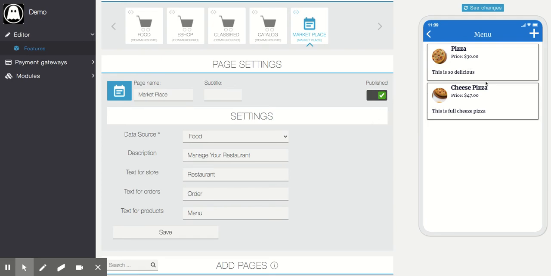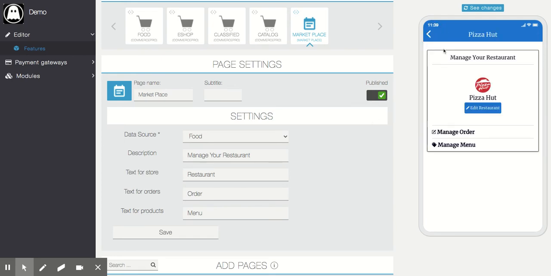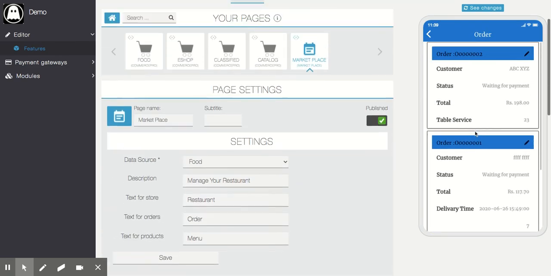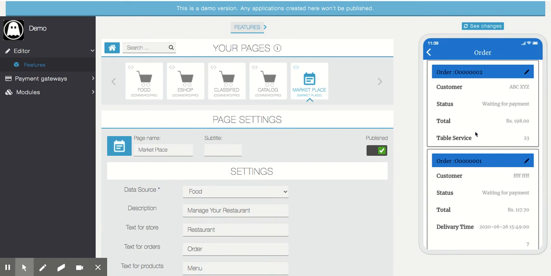As you can see, as a store owner, I'm able to manage my orders. I can see my orders. These are the order lists related just to that store, so I'm not able to see others' orders.